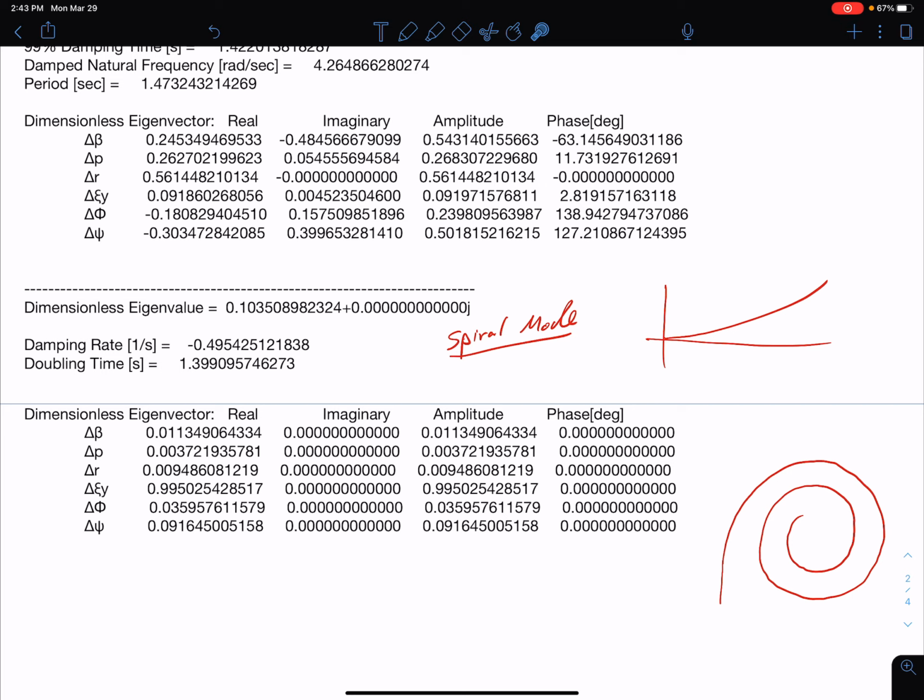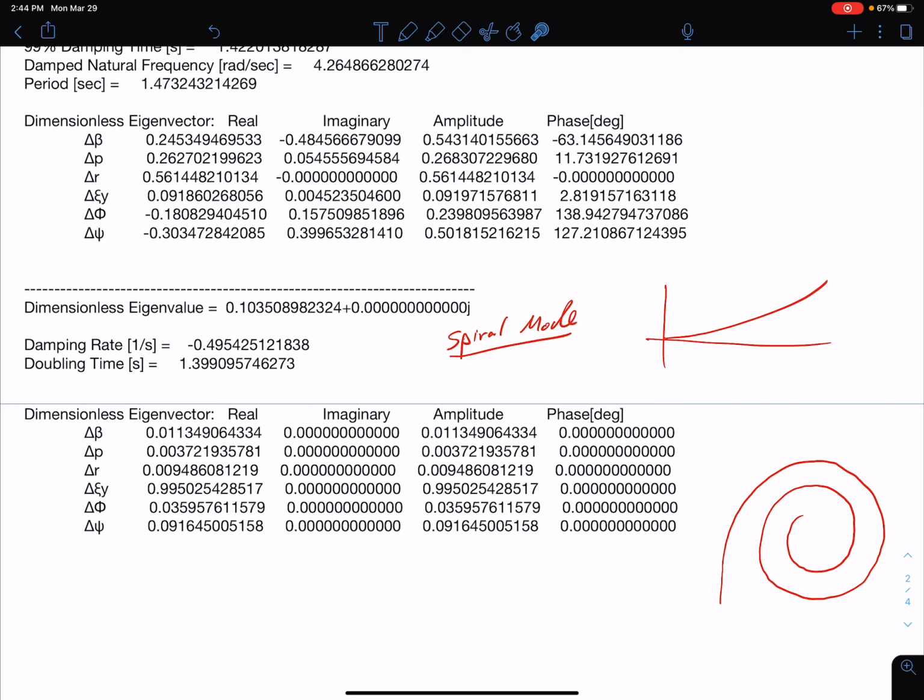Now, most aircraft have a spiral mode that is either lightly divergent or lightly convergent. Okay, so this number is usually small and either could be positive or negative. Positive is going to be divergent, negative will be convergent. But this real number here tells us the damping, how much damping there is, and usually that's a rather small number, especially compared to our roll mode. This is 2 orders of magnitude or 3 orders of magnitude smaller than the damping of the roll mode. So the roll mode has a whole lot of damping. Spiral mode has very light damping and can be either convergent or divergent, and really it's not too dangerous if you have a pilot on board.